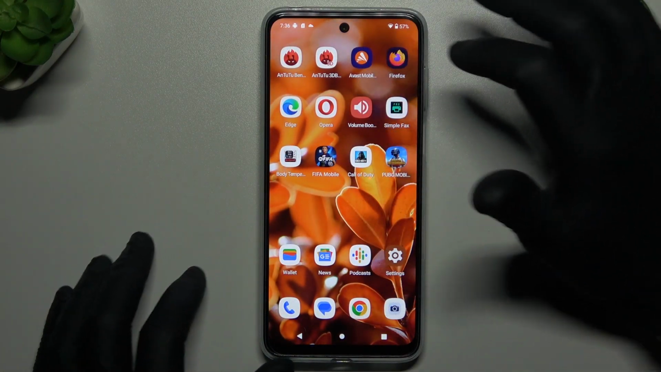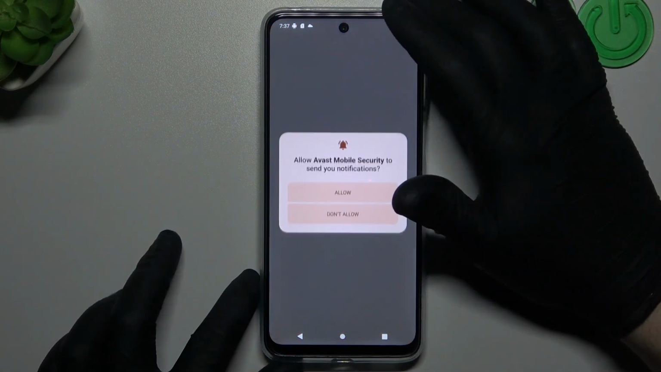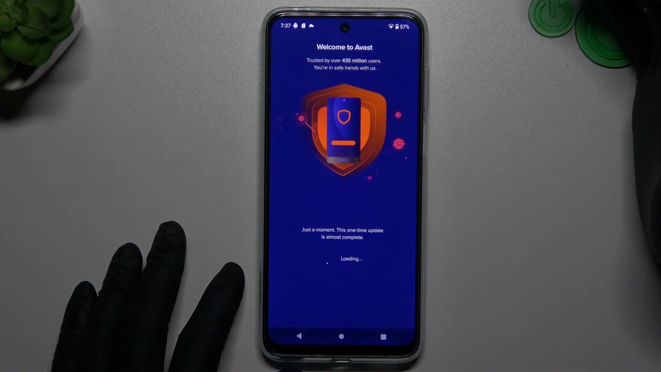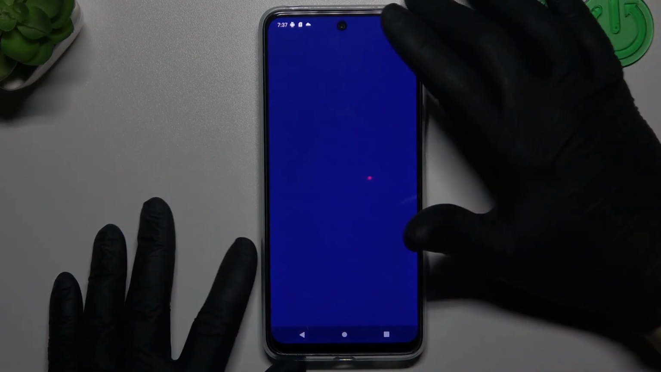But if that way doesn't work for you, you can always try to download an antivirus app. In my case it's Avast. You can also try to download another app, but remember to choose a trusted company. So in Avast we have to launch it, so click skip